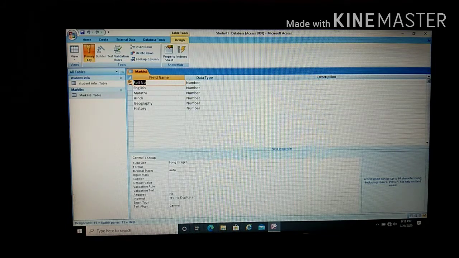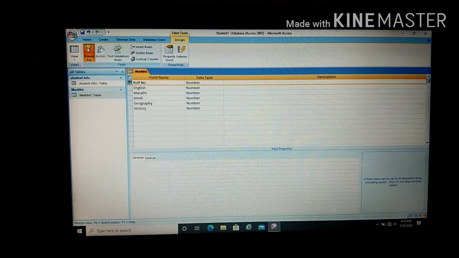And for setting the primary key, you have to right click on the primary key, or else here you can see the primary key, just touch on it. You can see that symbol has come there, right? If you want to remove it, again click on it and it will automatically be removed. Again, if you want to set the primary key, just click wherever you want. If you want here, you can click and set. If you want here, click here and then set. And if you don't want it, click on that again and it will be removed.